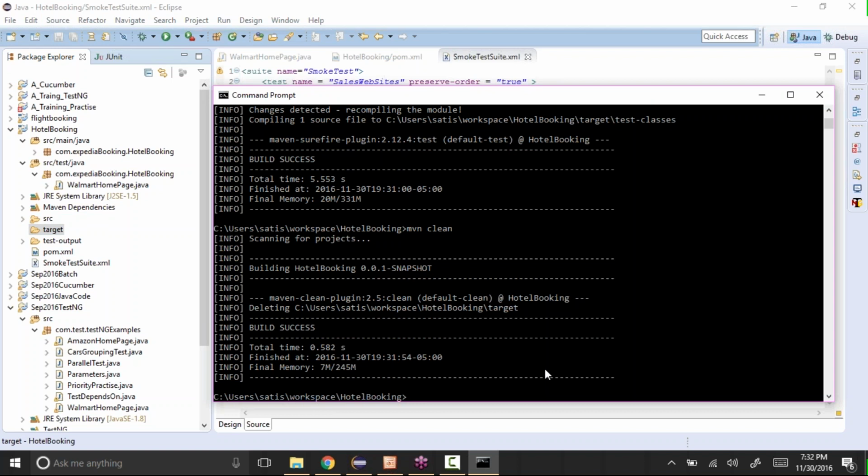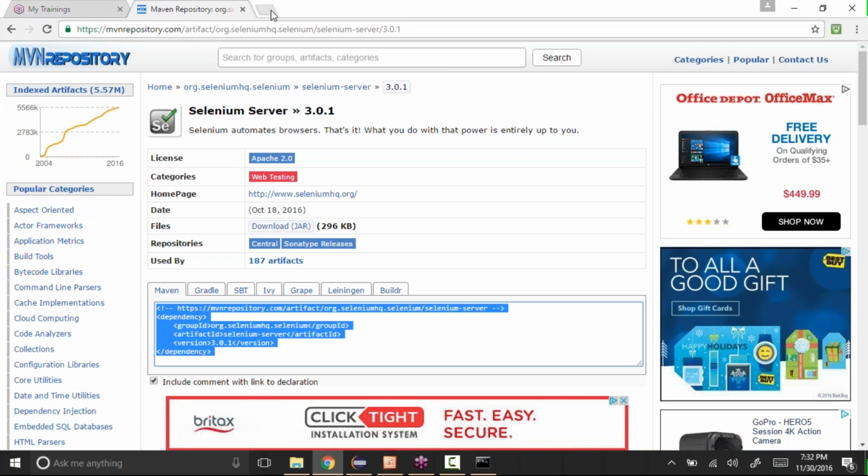And in the same way, with the help of Maven, we can also build our project. Build our project in the sense, let's say now we are using something like the Selenium jar file, TestNG jar file. Okay, so a jar file is nothing but it has the whole project in it, whatever the code that has been written inside that project. Let's say if you want to use it, or for example, see, like Amazon.com is there.